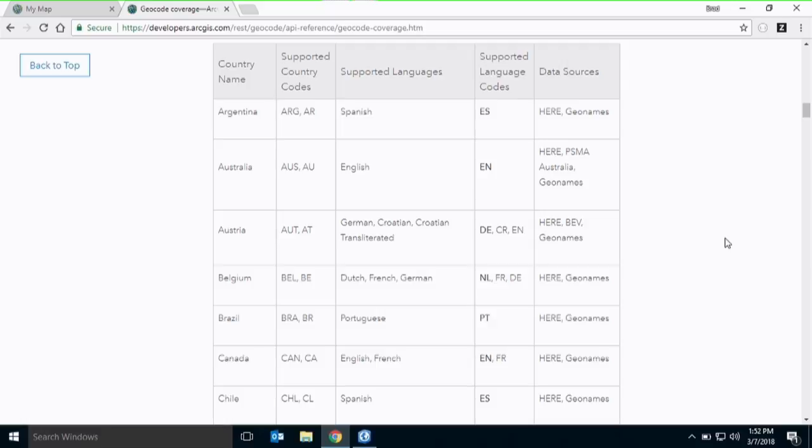Can you use it for batch processing as well? So the question is, does this work for batch processing as well? You're referring to the locator language, the language code. So the language code,